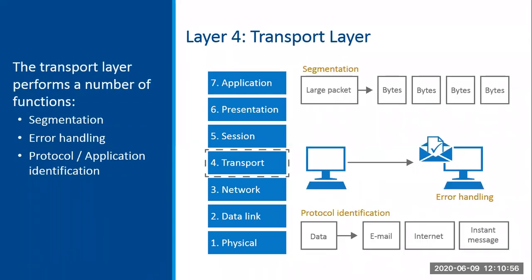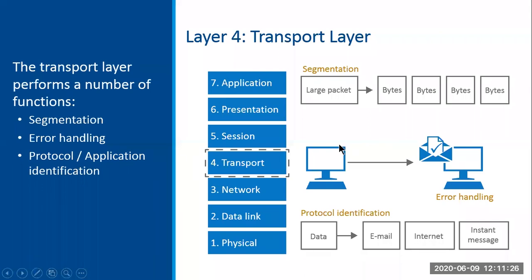Transport layer, one of its functions is to segment the data. If you and I were watching a large YouTube video over the internet, then the transport layer will break up the video into smaller packets first and transmit each of the packets, and then also maybe help with error handling. If one of the packets gets an error, potentially the recipient might say, look, I got this packet, but it has an error, so can you please retransmit it? So then the packet is retransmitted by the sender.